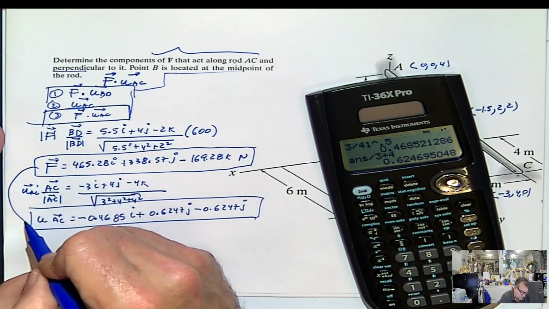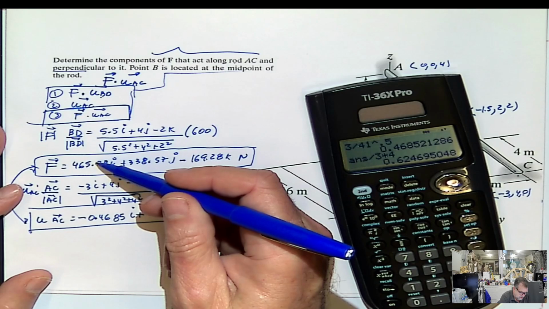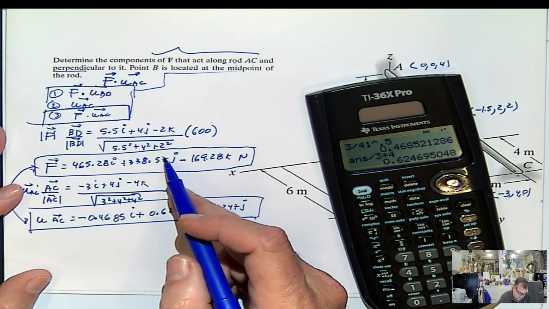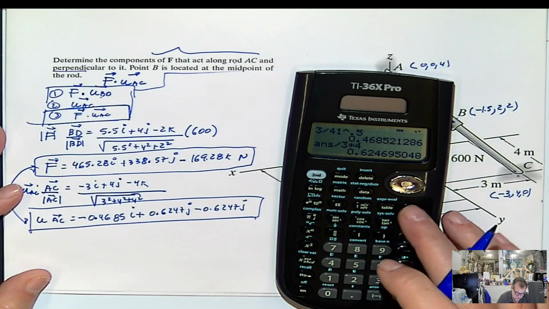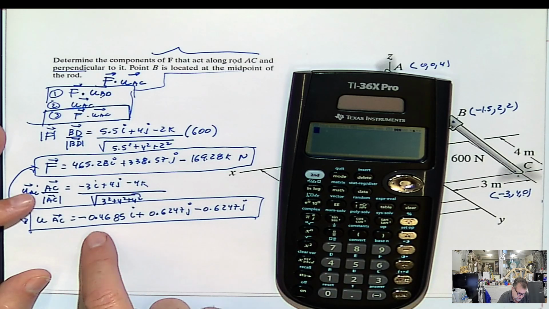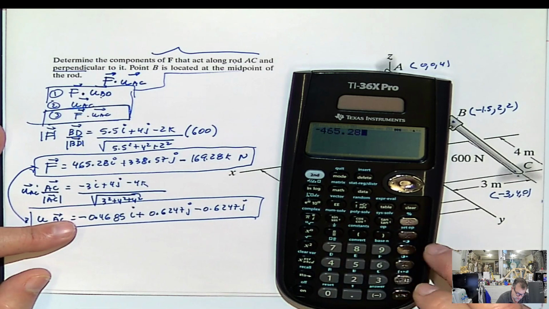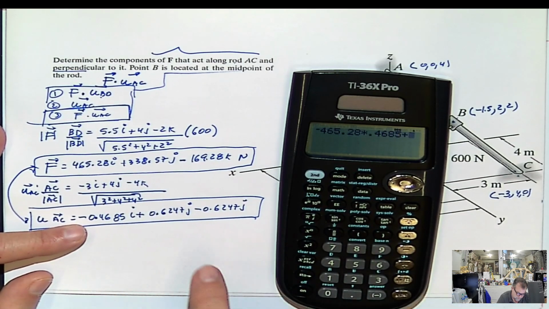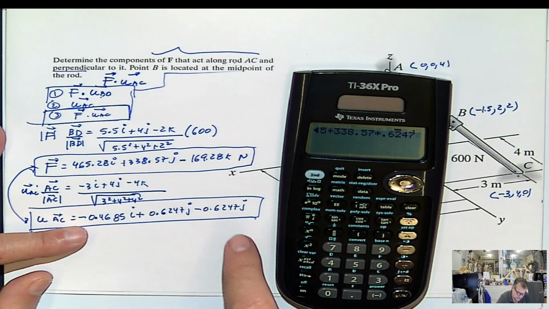And now we just dot multiply these two. How do you dot multiply? It would be this times this plus this times this plus this times that. So let's try to do that. Well, this is negative, so I'm going to start with negative 465.28 times 0.4685 plus 338.57 times 0.6247 minus times